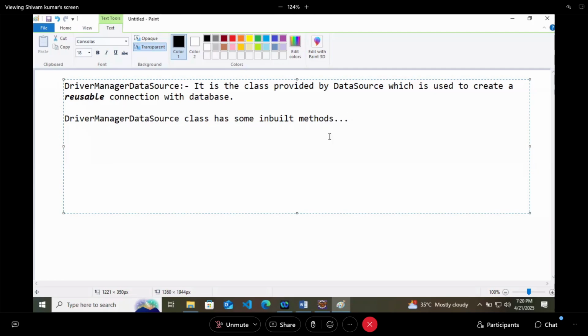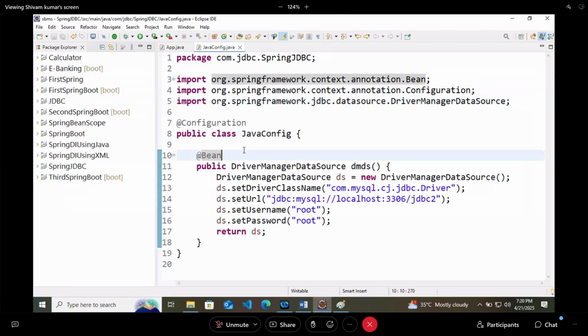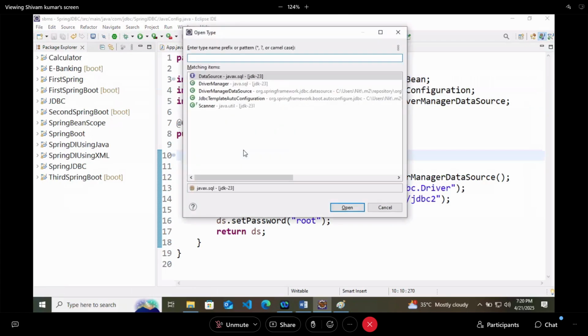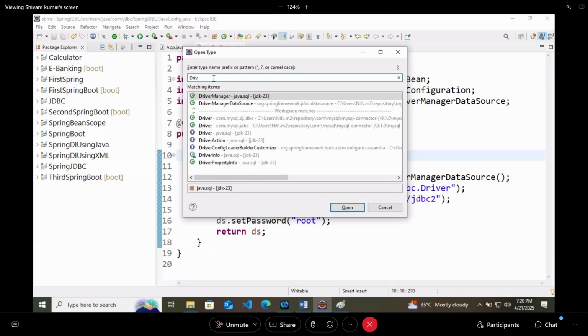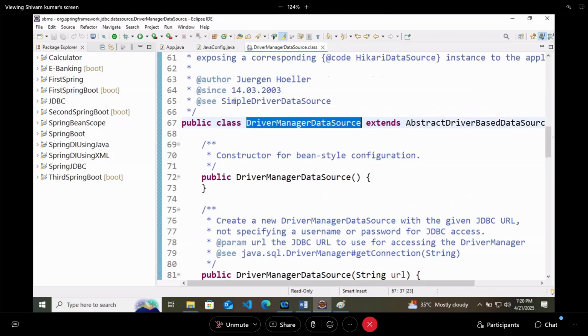I already told you how to check an inbuilt class. So go to your IDE and press Ctrl Shift T. It will open one dialog box where you can write your class. So here I will write DriverManagerDataSource. So this DriverManagerDataSource will open.